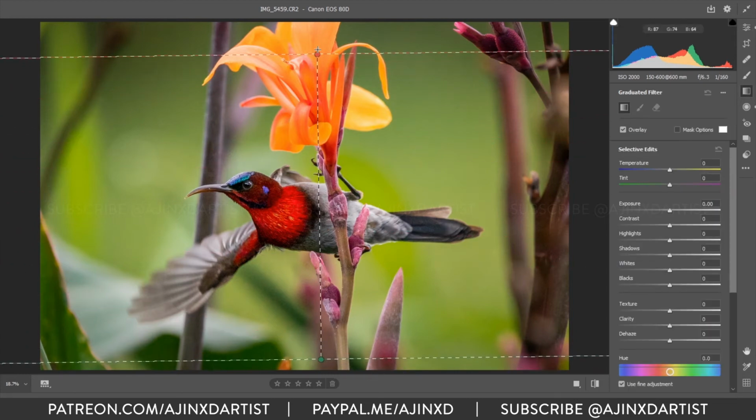So it starts from one point and ends at the other point. So from green to red, the mask will be applied, and it will be applied gradually. So usually this mask is used for landscapes and skies. I don't need it here, so I'll press Ctrl Z and it clears out.